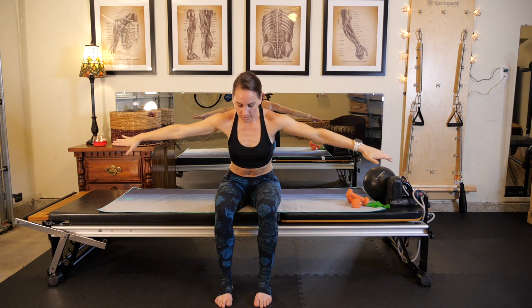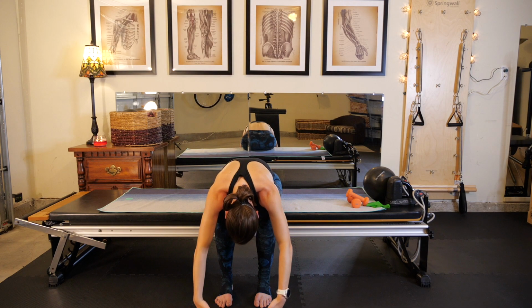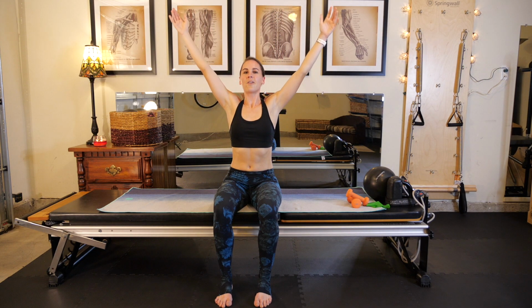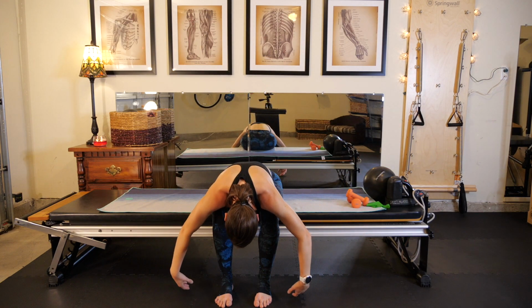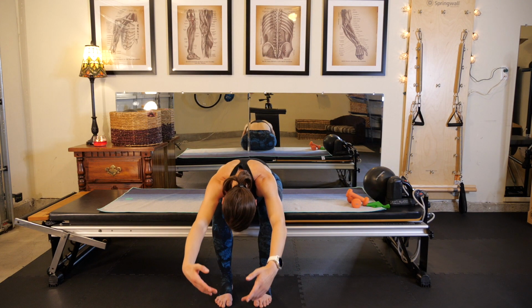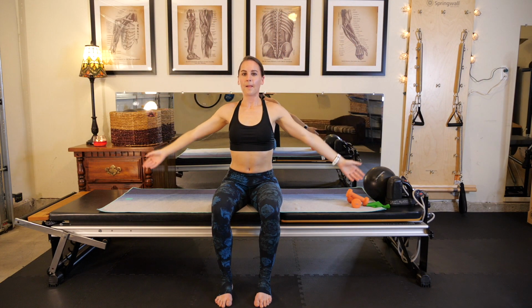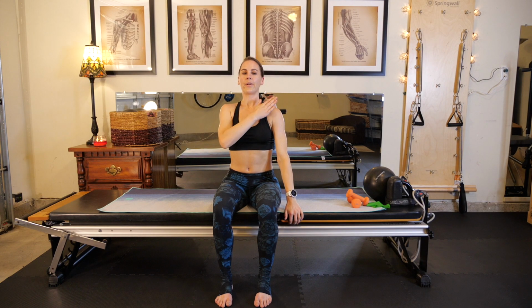Again, forward fold over those legs, bring those arms down, drop your head, and then tight core, extend the spine, rise yourself back up, and open those arms out. And one more time, forward fold, drop the head, lower the arms down, allow the spine to rise yourself all the way up. Good, then let's go ahead, place one hand on the edge of the chair, other arm across,